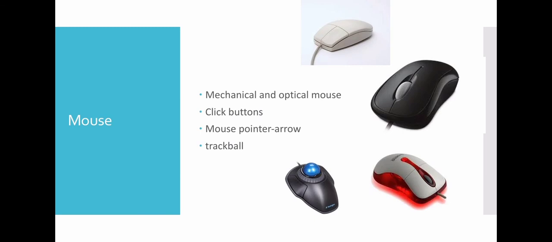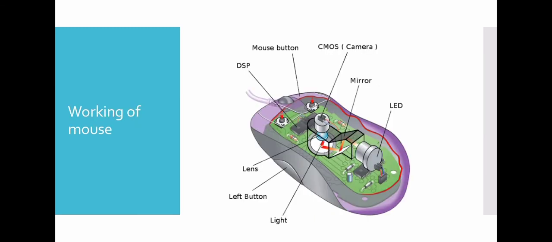The mouse pointer arrow is displayed on the screen when the mouse is moved. Every mouse has at least two buttons. The left mouse button is used to click, select or open an object on the computer screen. You can click on the left button, hold it and drag the mouse to highlight the text or the area which you have selected. The right mouse button is used to give additional options, or it can be used to view the properties of the right-clicked item.